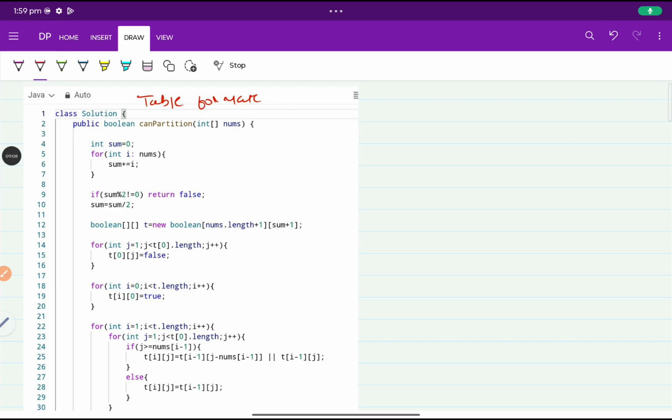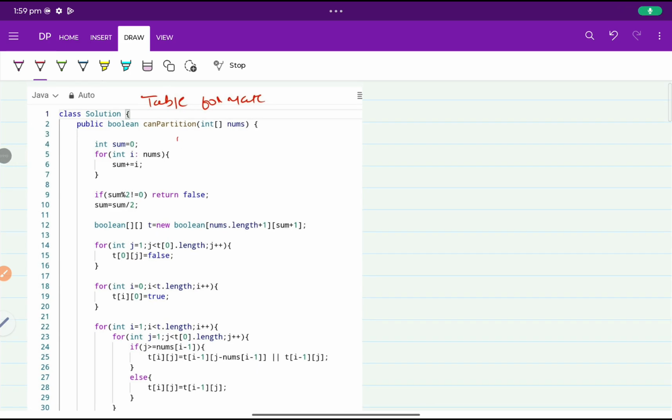And in our table format, firstly I calculate the sum. If the sum is odd, then I return false, and then I calculate the sum equal to sum divided by 2. This is the target. Then I initialize a boolean object array, and for the initialization, if the sum or the target is equal to 0, or